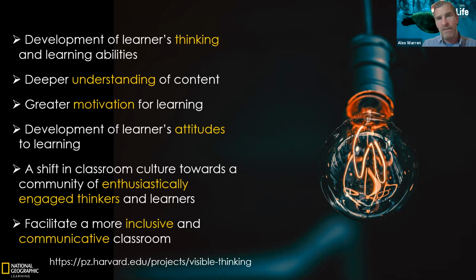Now, what I should say at this point, though, is that these thinking routines that were developed by Harvard University and Project Zero were not designed specifically for the English language classroom. They were developed for arts programs in general. But when I learned about these a few years ago, I got really interested in them and how I could adapt them, how I could use them in my classes with my students. And while there are many which can't be used, or maybe more difficult to implement in the classroom, there are many which can be used by us as teachers to develop communication, creative thinking, and critical thinking as well.